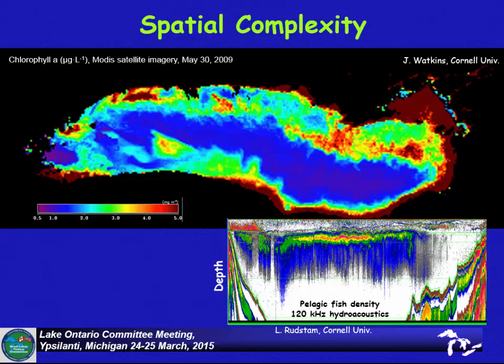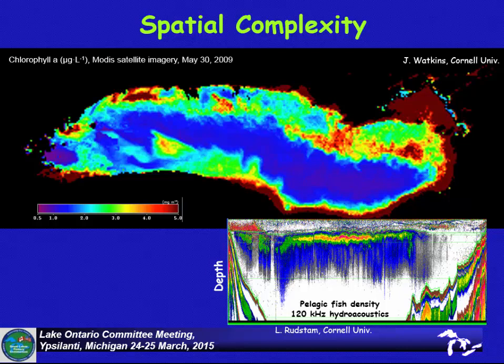This lower panel here is an echogram of pelagic preyfish from hydroacoustics, and again we see a significant amount of spatial variability, this being the south shore of the lake, this is the north shore of the lake, the thermocline running across about here, and the majority of our fishes sitting below the thermocline, but again, very high concentrations mid-lake, very low concentrations, in this case the north shore, and modest concentrations south shore. So there's a tremendous amount of spatial variability that goes on in the system, and this was really the objective of the